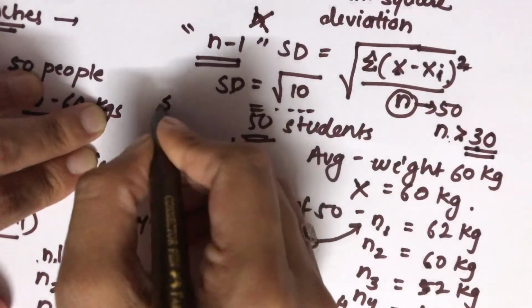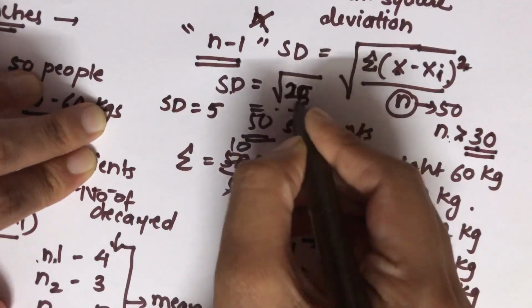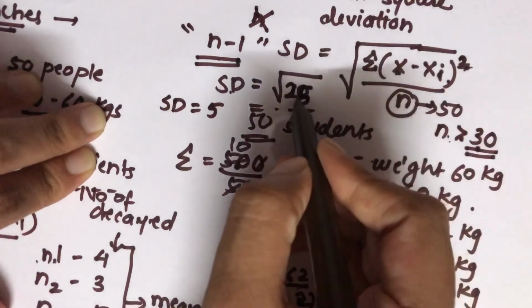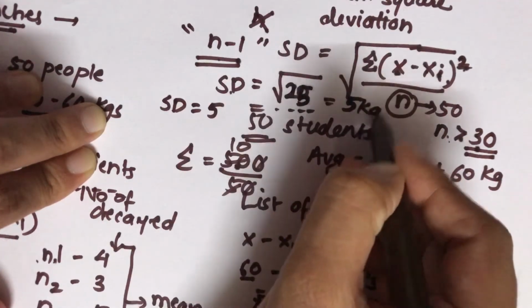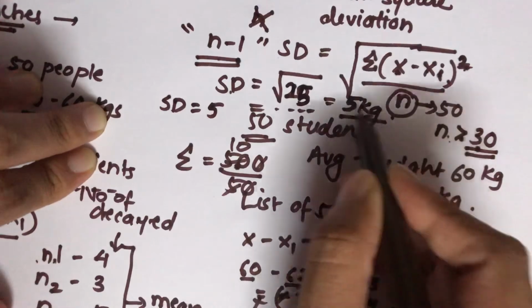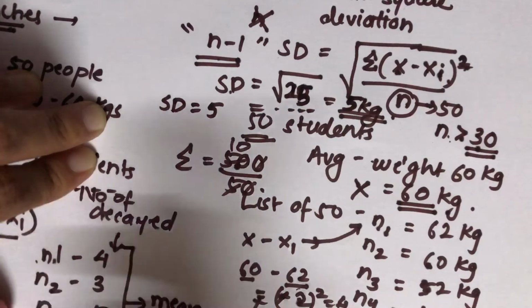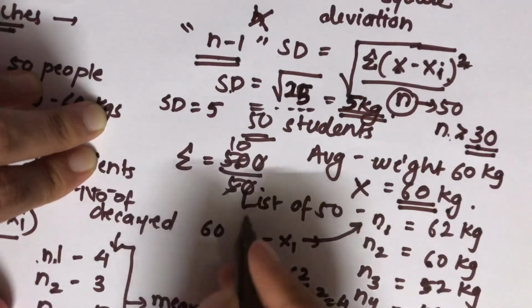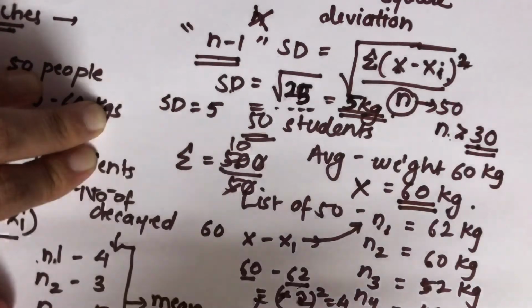For example, now you got the standard deviation as 5. If the value we got was 25, then after taking the square root, you get the standard deviation as 5. So the standard deviation is 5 kg. Now we have seen the mean was 60 kg and your standard deviation is 5 kg. So it means that the individual values lie in a range between 55 kg and 65 kg, and this is how much they are dispersed around the central tendency. Your central tendency was 60, and the amount that the values are dispersed is 5.